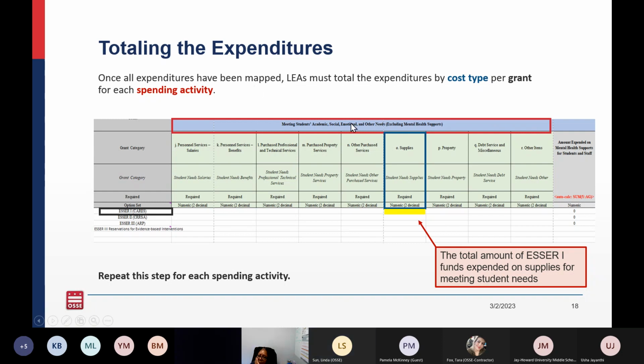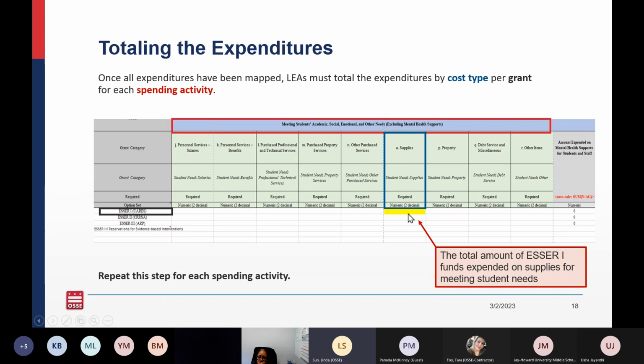So you can see here at the very top, this is the spending activity, meeting students' social, emotional, academic, and other needs. And then below are the actual different cost types here. And then down this side are your different grants and programs.